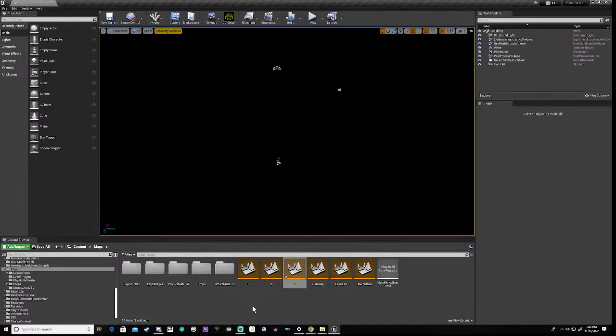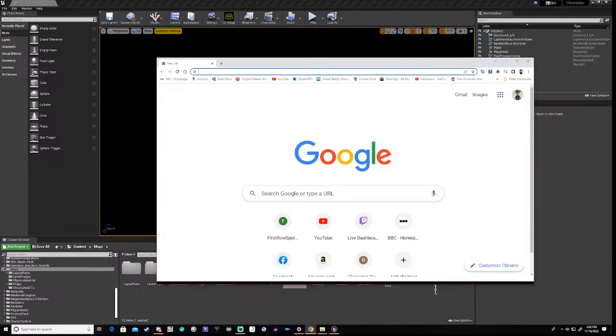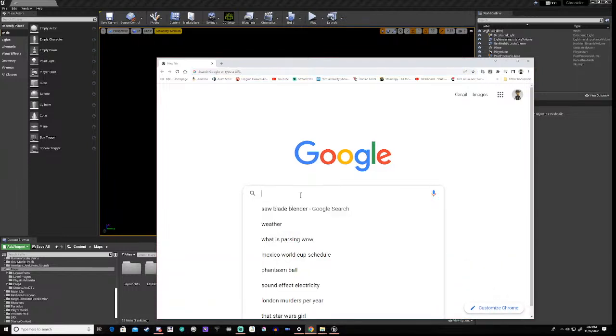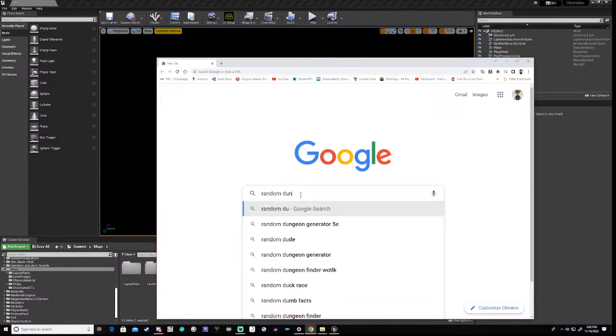Right, so if I am doing this, normally what to do is use all the tools at your disposal. So type in random dungeon generator,